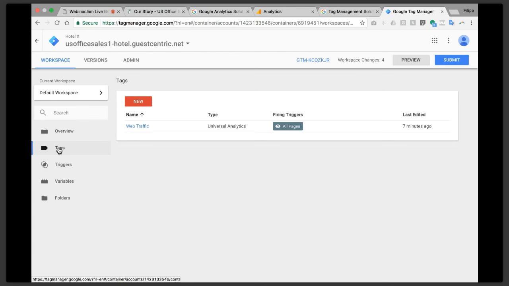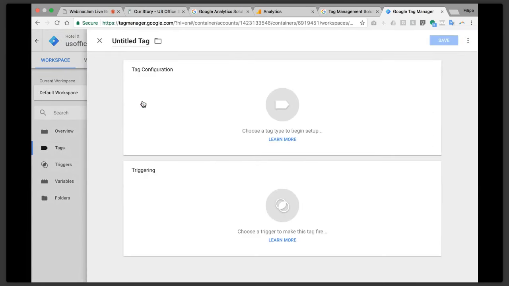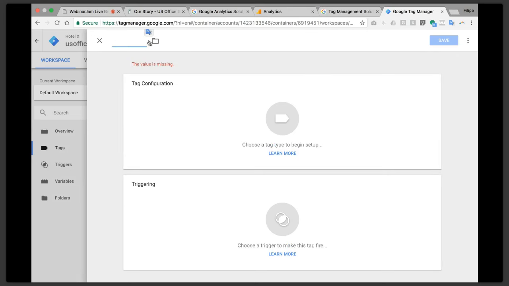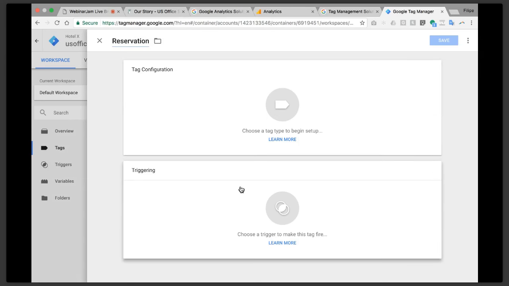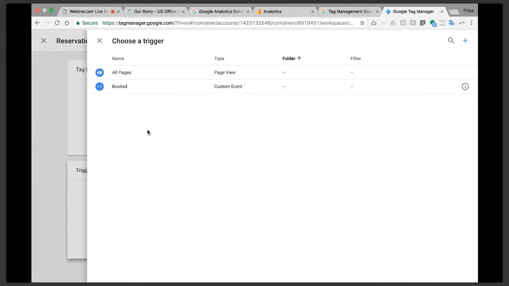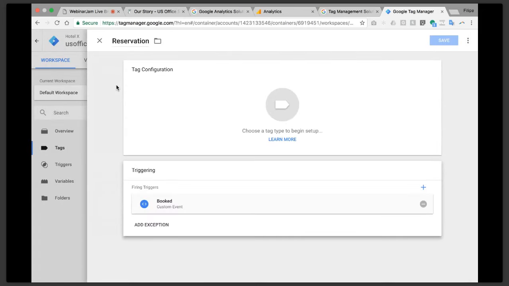Okay, so let's now create a tag. I'm going to create a tag called reservation. I want to trigger this tag when it's booked, when I have a booking. And for the tag configuration,